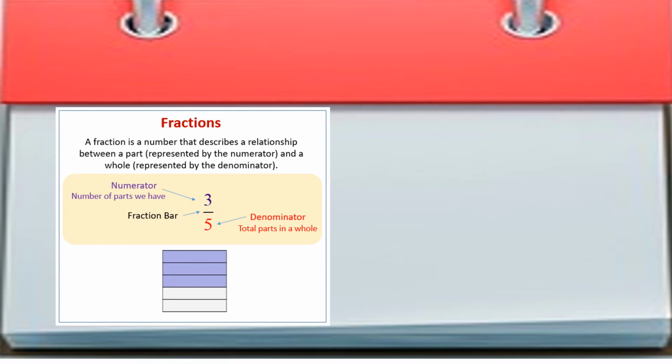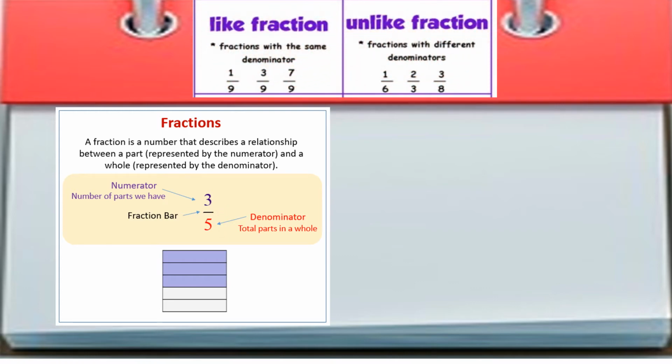That's it. Next, we have already learnt about like fraction and unlike fraction. See here, if we have the same denominator, then we call it a like fraction, isn't it? If we have different denominators, you have to focus only on the denominator more. So don't bother about the numerator. If we have different denominators, then we call it an unlike fraction. Is it right? Okay. Just keep that in mind.